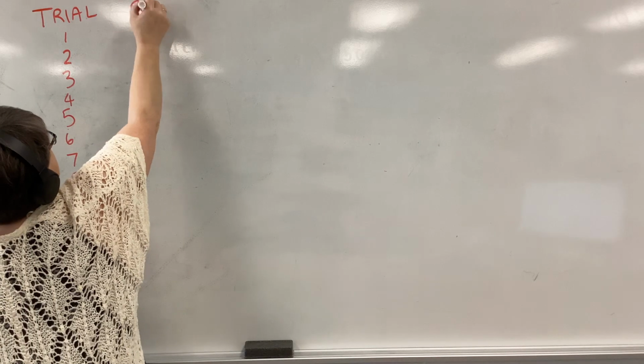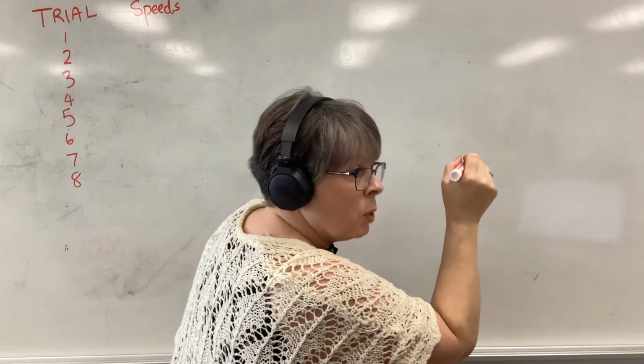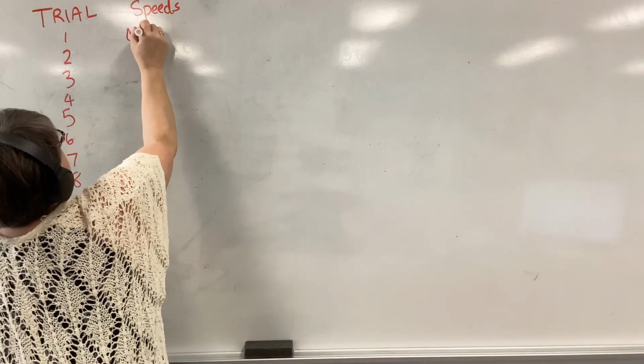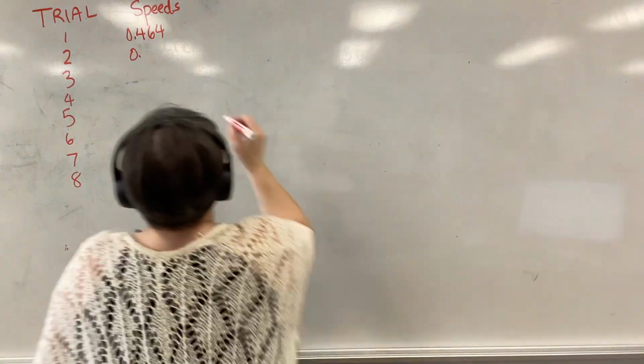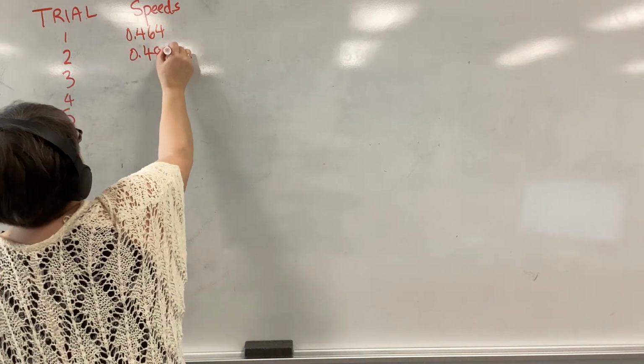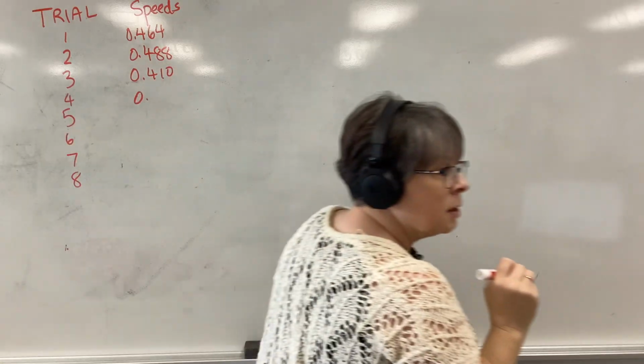Let's say our speeds will be 0.464, 0.488. There will definitely be some scatter, 0.410, 0.499,